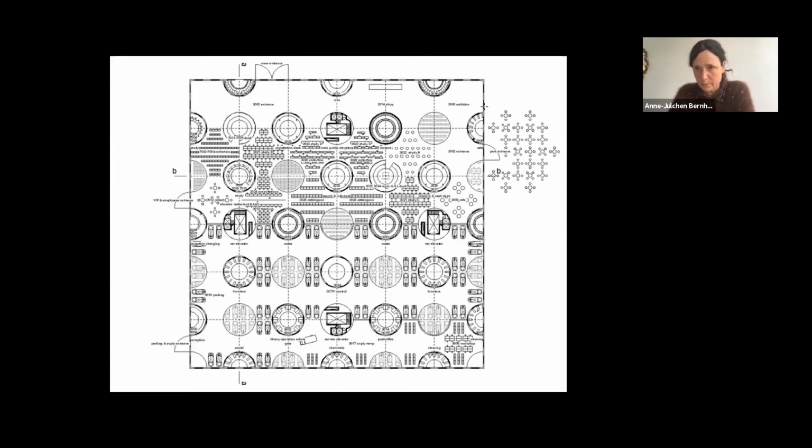So this is the ground floor, and it's thought out of a grid starting from 8.2 meters in square.